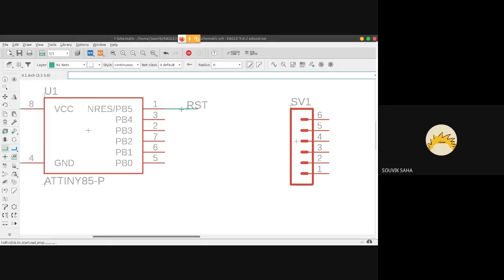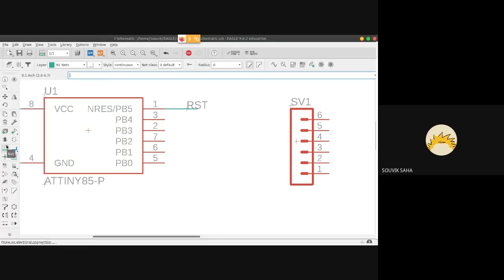If you give it a low voltage, then the controller basically resets, it starts its execution of the code again. That's why a reset pin is necessary. If you don't have a reset pin, you can't really start your program all over.